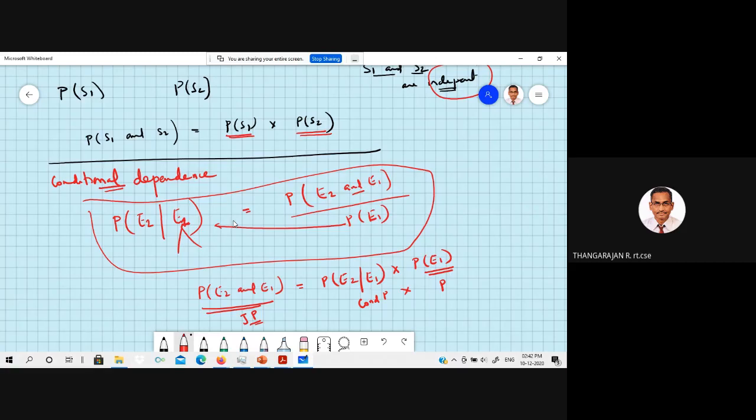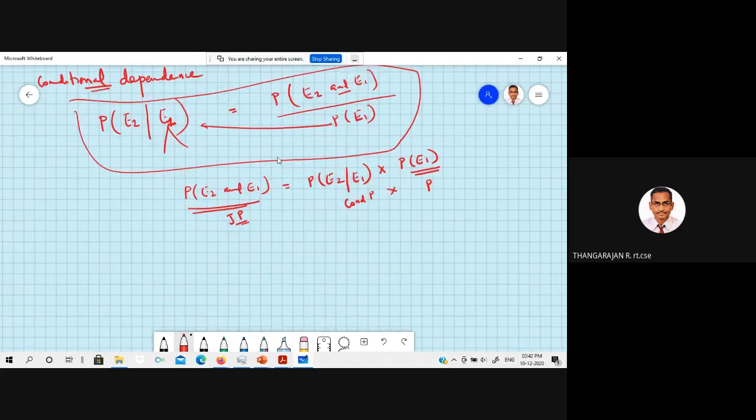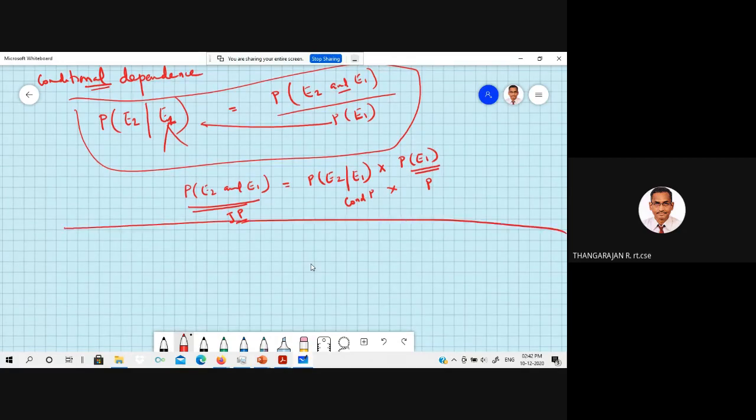So that means a joint probability can be factored. Suppose we are given a joint probability. The joint probability can be factored into two things: one conditional probability, and another probability. So this is what you have to keep in mind. Generally, in Bayes networks, in all Bayes nets, given a joint probability, we always try to factor it into an independent probability and a conditional probability like this.